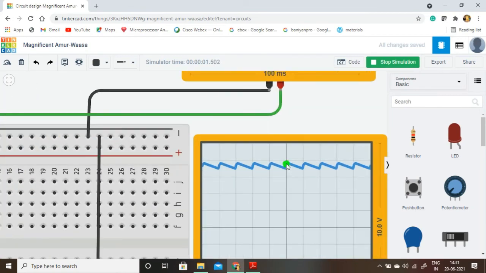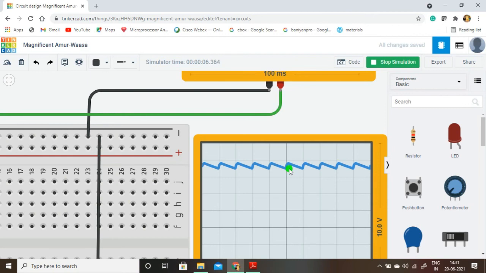This pulsating DC signal ripple factor value becomes, compared to the half wave rectifier, less for the full wave rectifier. And if you decrease the ripple factor value, the efficiency is also increased.